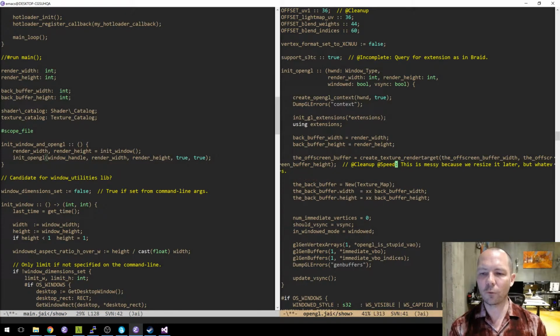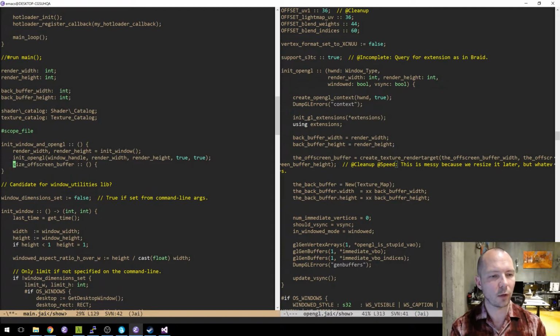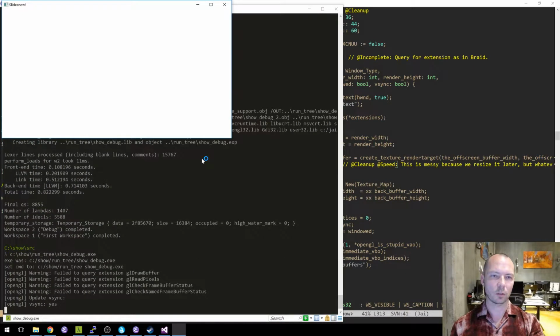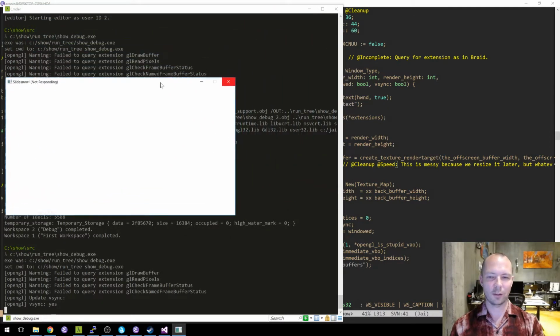I don't know if OpenGL actually instantiates the buffer until you try to use it. So it may not matter that we're creating it at a different size than we're going to use, but for right now, we're just going to do this. So now the first frame should not be wrong. Now the whole program is dead.